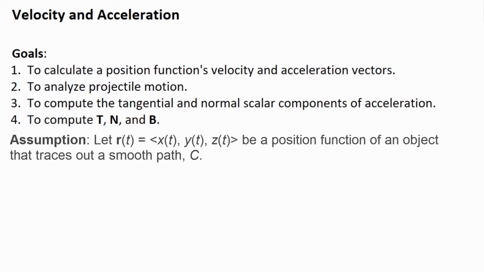What's the assumption? Generally, if I name an r of t that describes a curve C, generally we're going to think of it as being in space and having components x of t, y of t, z of t, although we could be in the plane at some point and it would just have components x of t and y of t in that case. So let's let r of t be a position function of an object that traces out a smooth